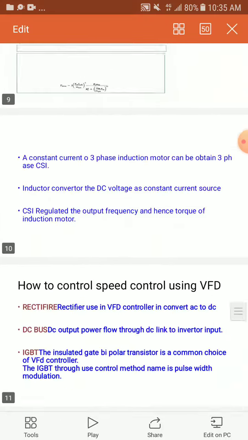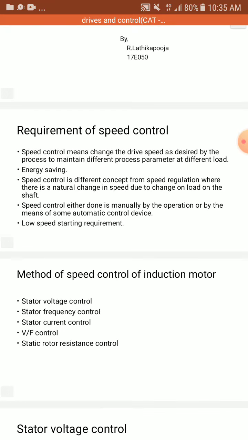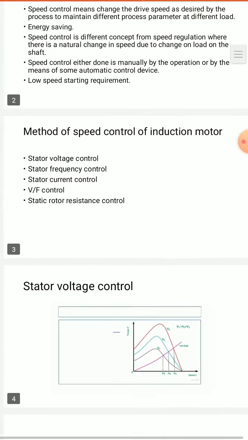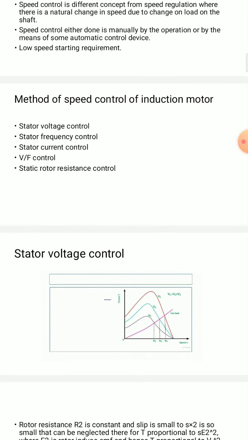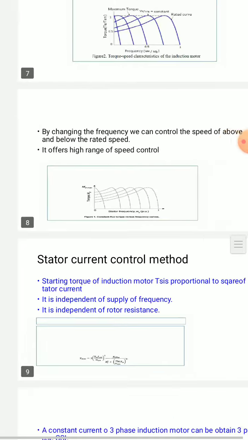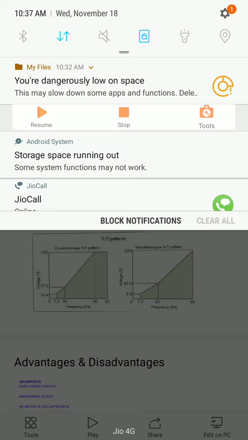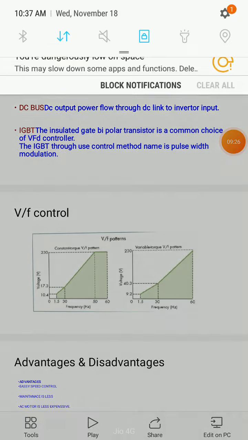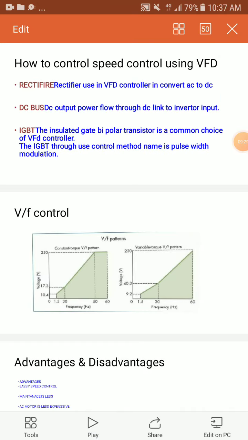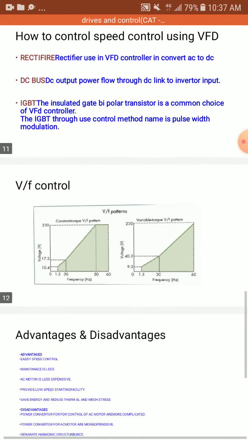I have described the requirement of speed control, methods of speed control, and I have described each method of speed control, and how to control speed using VF control,